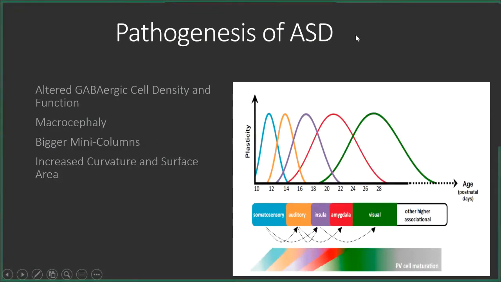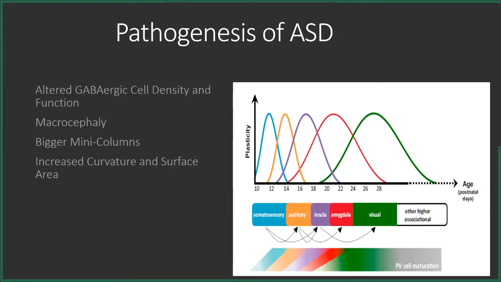Okay. So the pathogenesis of autism, besides altered cell density and function, also involves really bigger brains. These brains probably include increased numbers of neurons within the frontal and the temporal region, with so-called bigger mini columns. Mini columns are essentially cell columns that go from layers 1 through 6, and function kind of as a single firing unit to mediate the cortical function of that particular neural circuit. As a result of all of these things, on MRI, you can actually measure increased curvature and cell surface